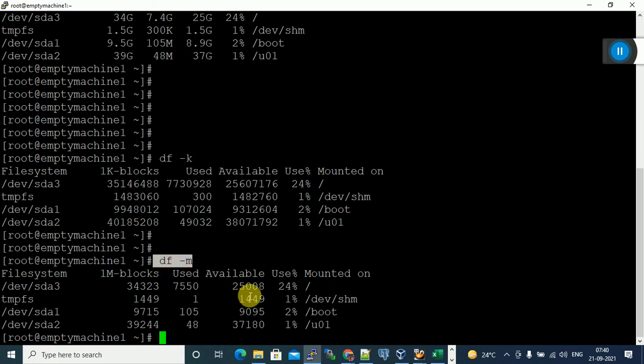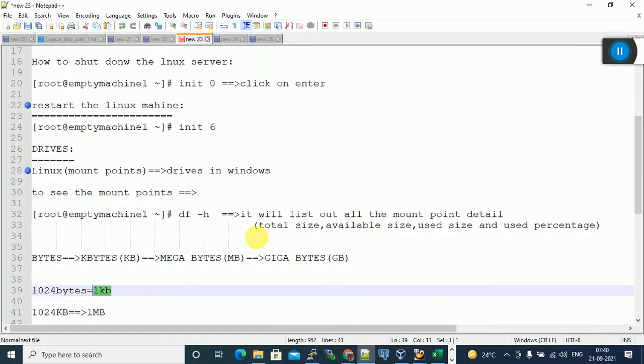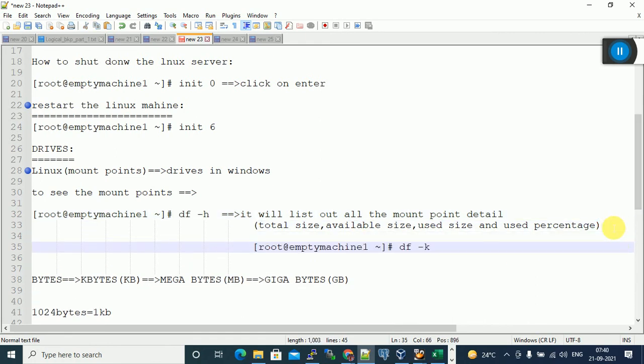Generally we use df -h only. It is human readable and displays the size in gigabytes.